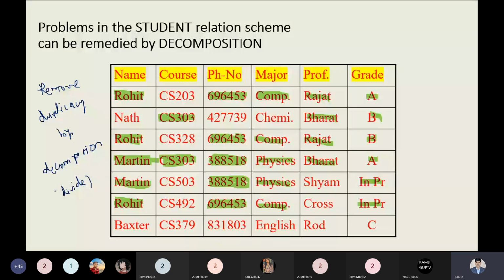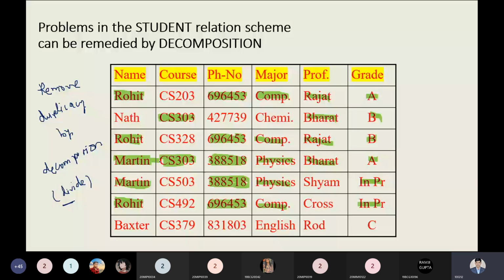We know there are no key attributes, so decomposition will not be a good solution over here. That is the problem. If you try to make the decomposition, on what parameter can we do it, because there is no key attribute? Decomposition will help us, but there are some other cases where it will not extend. In this case, we have a lot of duplicacy, and we don't know which attribute is a key attribute. Yes, we can make a composite key attribute, but it is not easy to determine. So let us understand the thing in a simple way. What is decomposition actually saying to us?